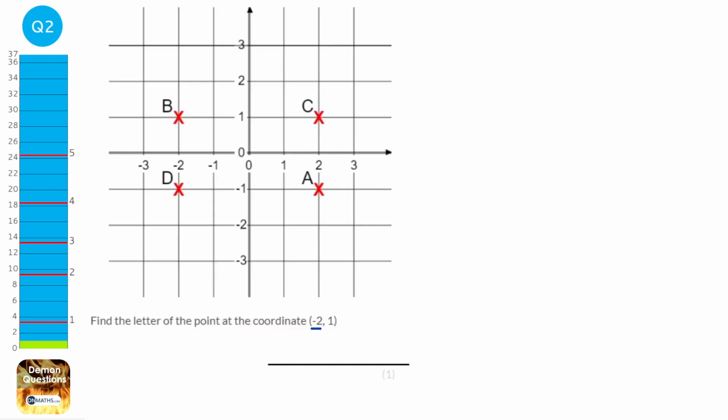This coordinate is telling us to go 2 to the left from the centre. We go right when it's positive, we go left when it's negative, so it's 2 to the left. And then it's telling us to go 1 up. It's up because it's positive, so we need to go 1 up, and we get to the coordinate of B. And so we just look at the -2 on the x-axis and the 1 on the y-axis, and that is